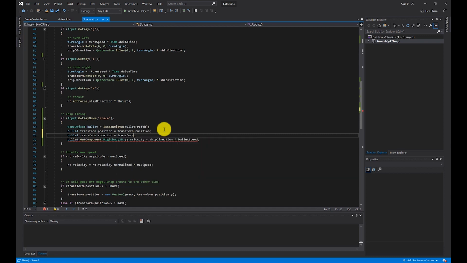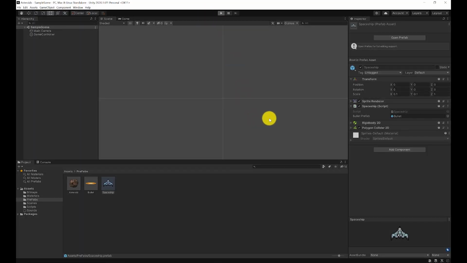transform rotation. So I need to rotate like the ship rotates, which I have there. But let me first try this like that. Okay, so I'm going to transform like what the ship rotates. I suspect I need one more thing. But let's